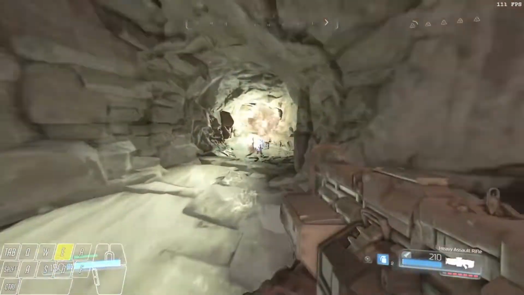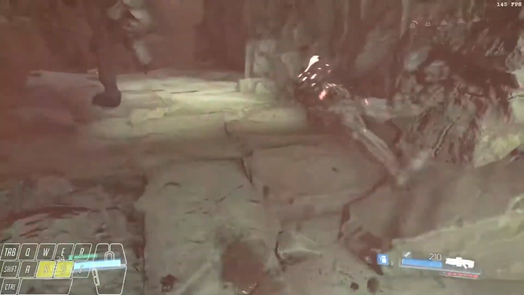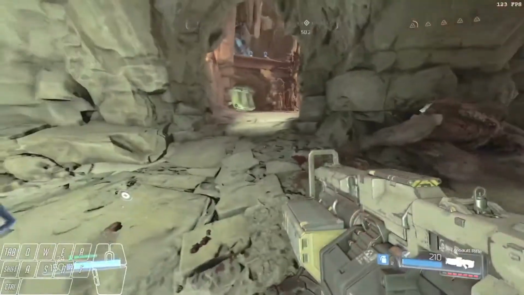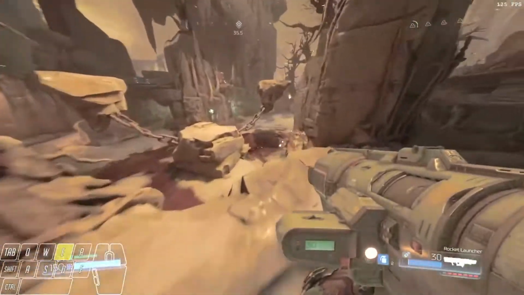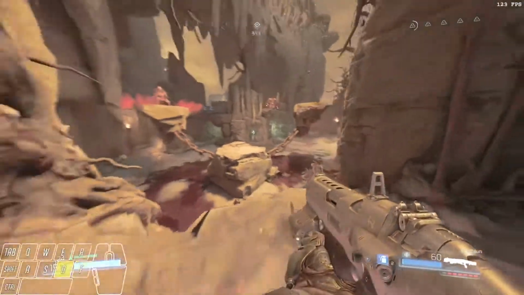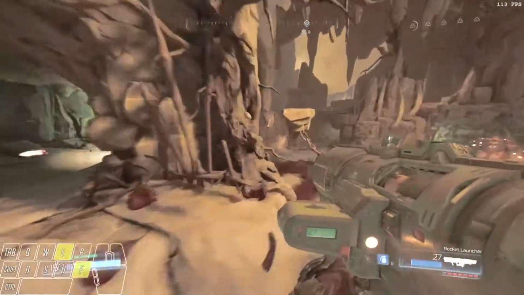Get all those imps, fire at the wall behind this dude, get on his right side and sweep his leg. I'm skipping that Glory Kill on purpose for right now, but that's how you do it. You line up right next to him and do that. And then from here, you're going to want to take out one of the Mancubi to get all the other